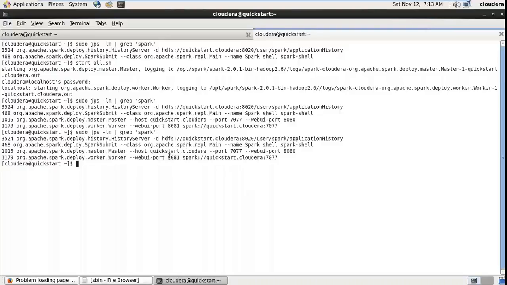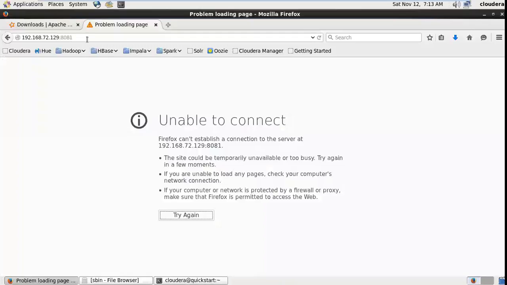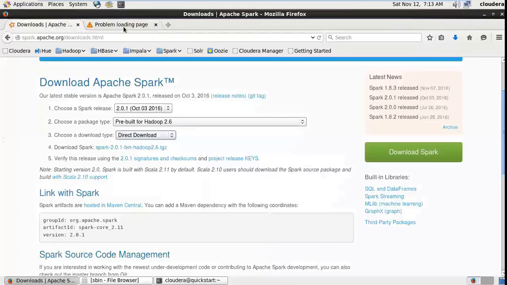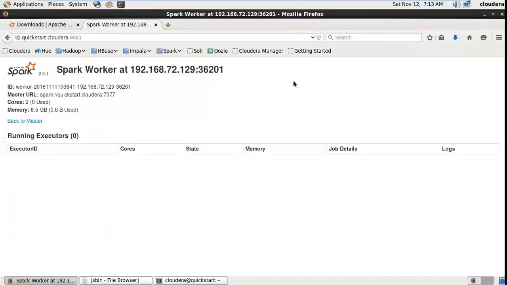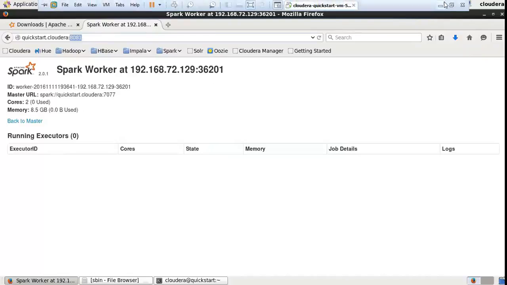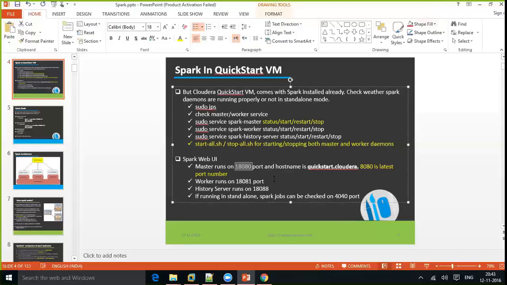Okay. So web UI port number is 8081. So I'm trying to access the same thing. Okay, yeah. So it's accessible through the host name, not the IP address. So the worker is running on this. 8081 is the web port number. Okay. So latest is